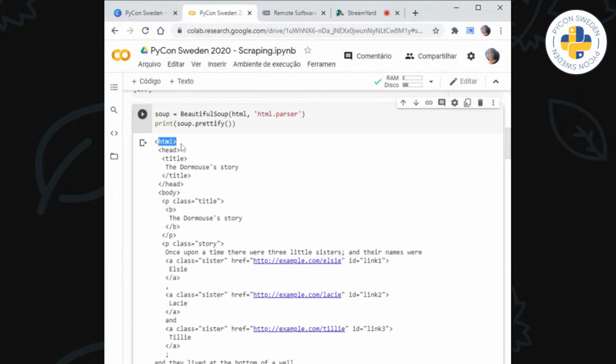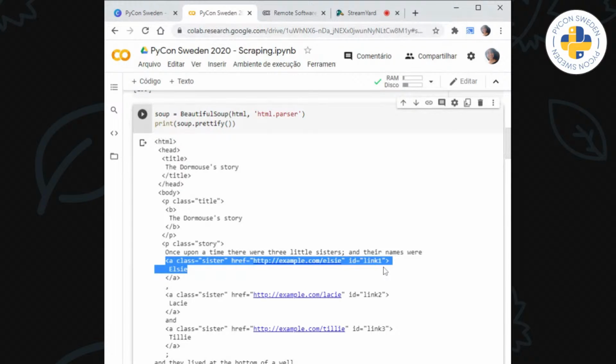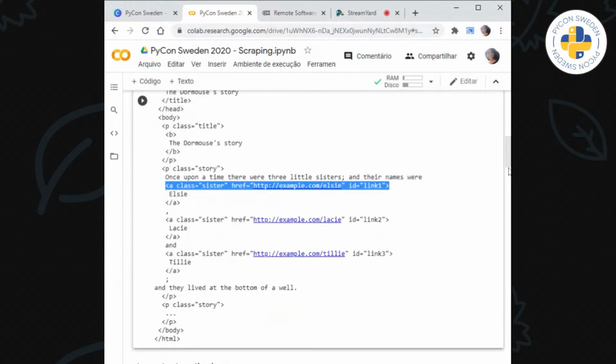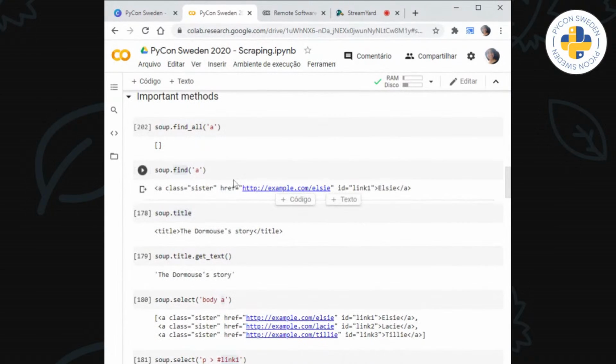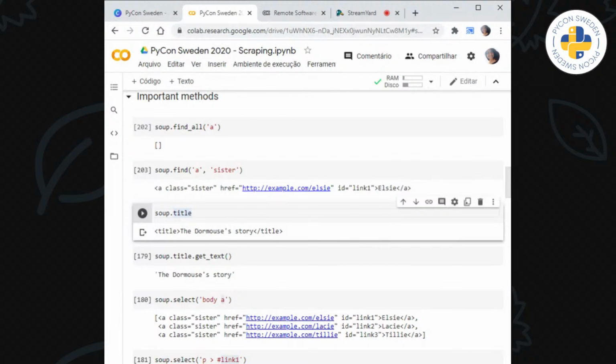It goes searching for it, this is the first link it finds, and it returns it. Nothing fancy. Basically that. Here you could also look for a class as well. It will return the same thing. Simple.